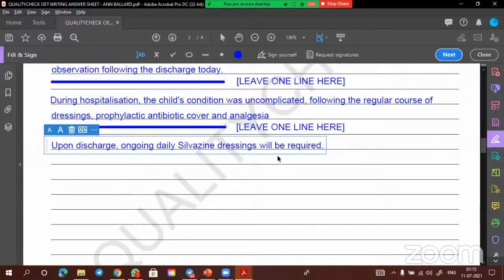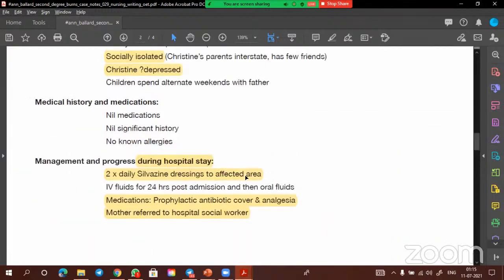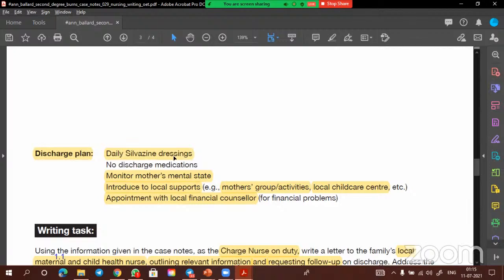Okay, where will be the Silverzine dressings? This Silverzine dressings, where will you apply? You apply to the affected area. Silverzine dressings you have to take from here. We did not write, but we have to write there. We have to write there. Okay. We have to write there and twice daily. That is, remember this one, twice daily, 2 times. So daily Silverzine dressings, to the affected area should come from here. This to the affected area you have to take from here. So here it is not mentioned, but you have to take from there. There in the first place they have given because you should know. That's why they have given there. But here you should write here.